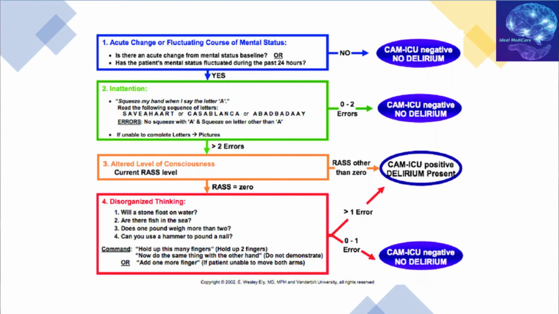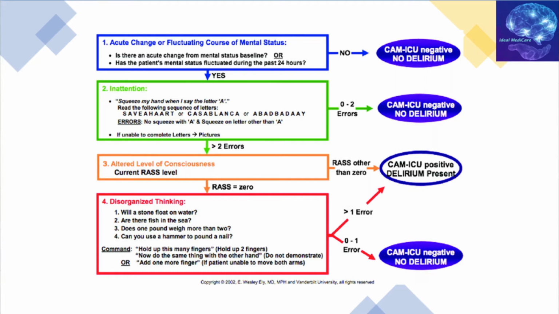And for that, that's what I was talking about, the sequence A test, where we ask a patient to tap or squeeze our fingers every time we say the letter A. You can do it in a clinical setting, you can do it in the ICU, even on patients who are on a ventilator, they can help you with this testing. So you use the words "save a heart" or "Casablanca." These are the usual ones I use. There are 10 letters in it, and there are almost 4 or 5 A's in it.